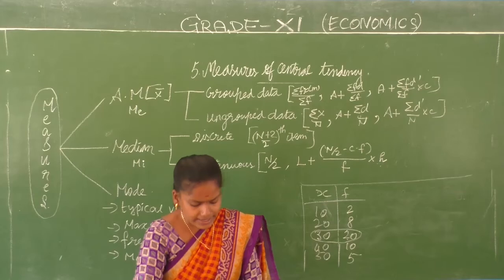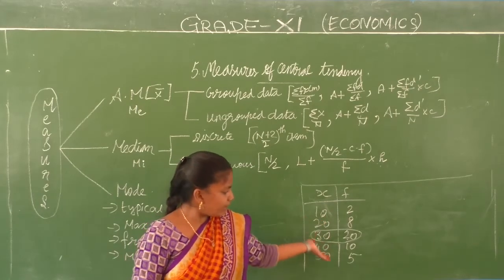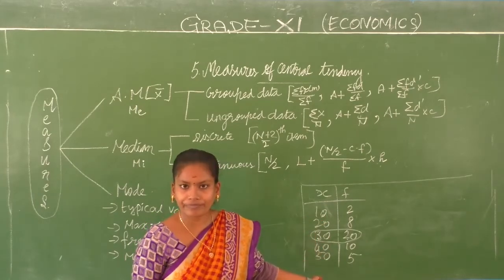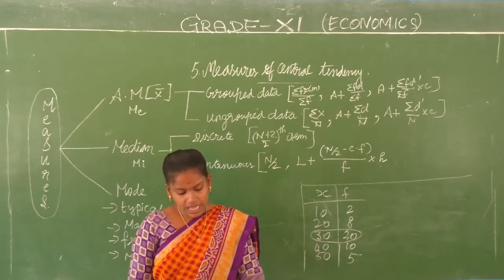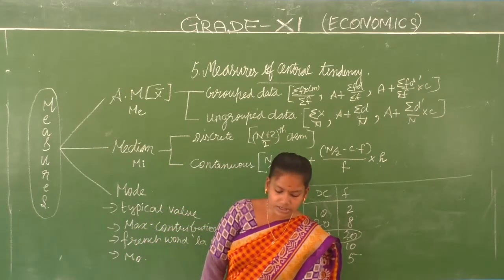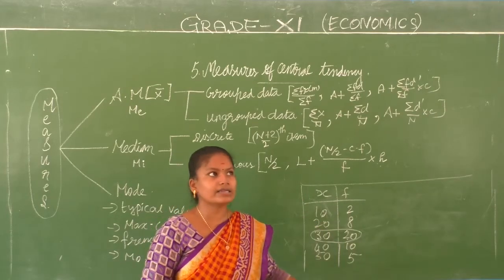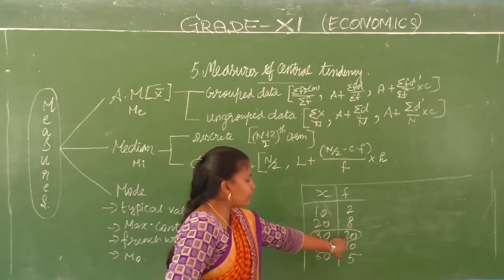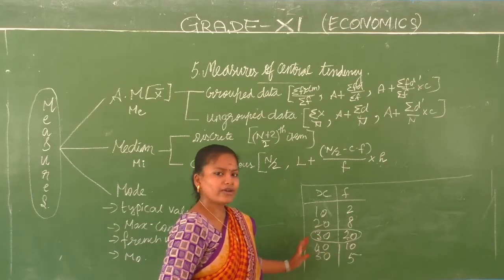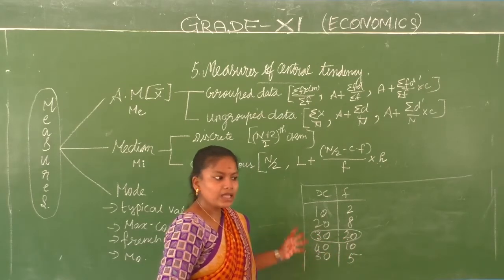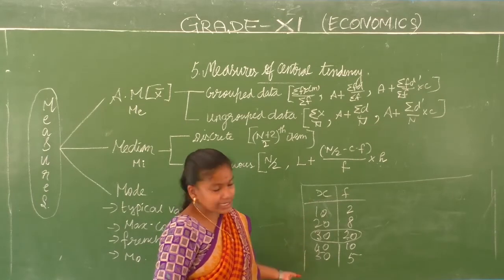So that is very easy to find in this particular way. In a discrete series it is easy to find, and the data is unimodal, that is, it is unique. Unlike the median, mode is not necessarily unique. See, we have got 20 here, and one more value is 20. Then how would you find the mode? For the median with two values you take the average and divide by 2, but is it possible here?